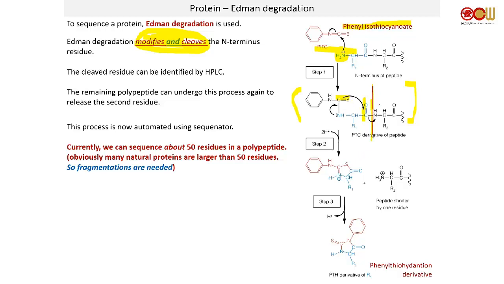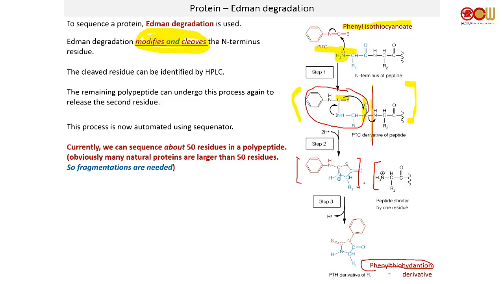So you're going to chop off that bond, right? This is a very simple substitution, okay? Then this part of the molecule is isolated and becomes this, okay? And the rest of your polypeptide is left by itself, all right? So here, you modify it a little bit, and then in the end you get this